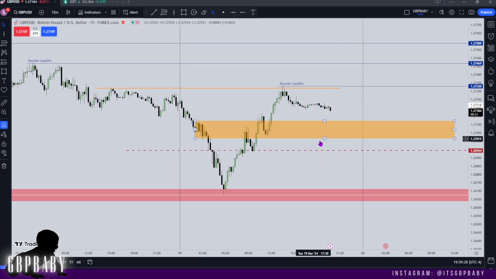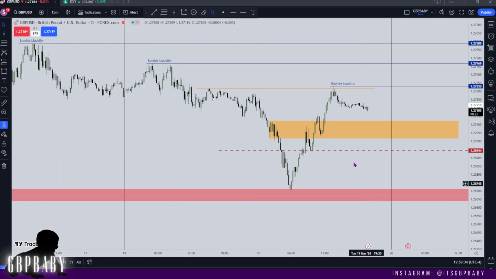So yeah, again, this is the lowest price I want to see price go. If we go below here and we start digging deeper back into this range, I will be a little bit more conscious, a little bit more nervous in terms of not wanting to see that happen. It can do it, and that's why we need to be careful, especially with FOMC and whatnot. So that's just something to take into consideration,